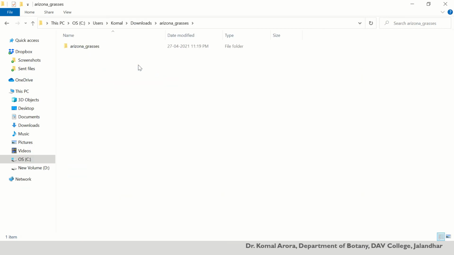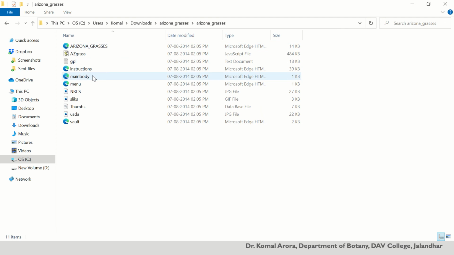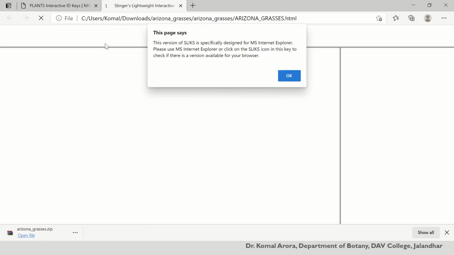Okay, the file is extracted, so you can open it. It will open to this page called SLICS. Okay, you can see here SLICS. It's taking some time.